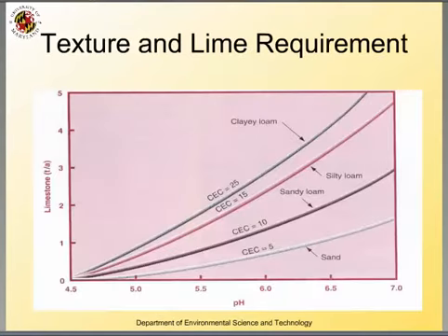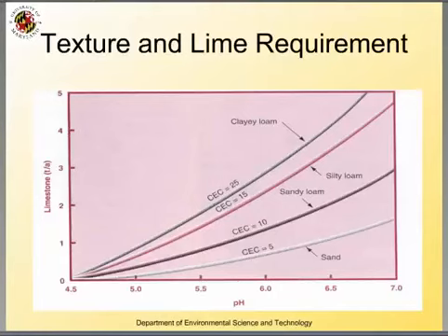For any specific pH, how much lime you're going to need is going to depend upon your reserve acidity, and that's going to be reflected also in your soil textural class, where a clay loam soil is going to have more reserve acidity than a sandy loam and more than a sand. And this diagram, I don't know where I got it, or I'd give the reference here, you can see where,